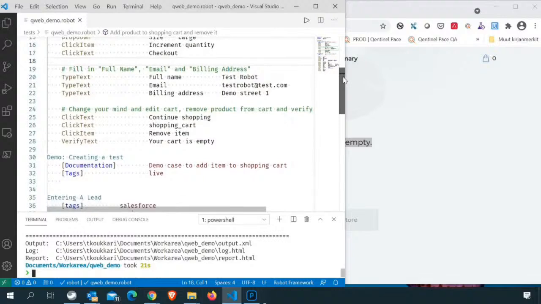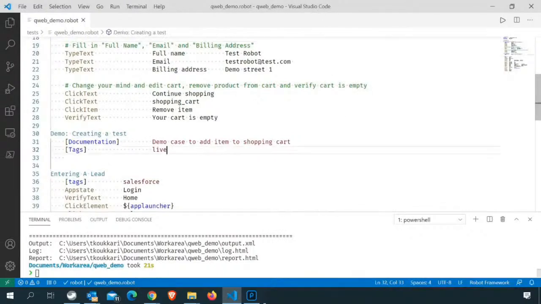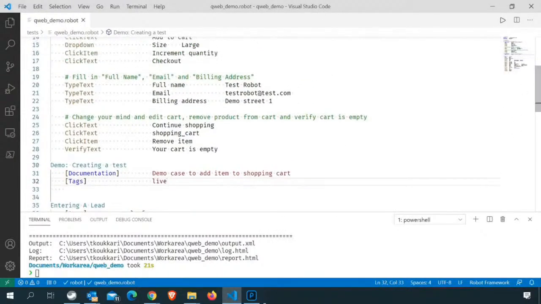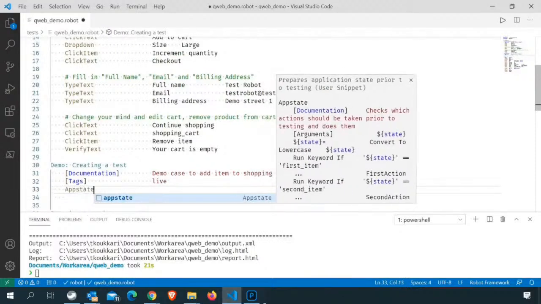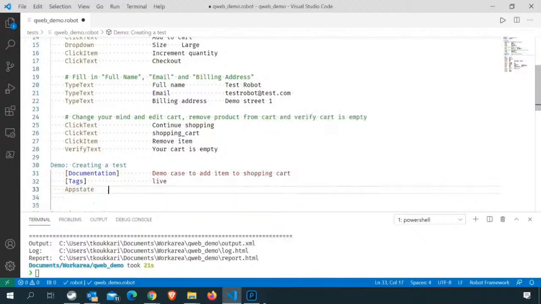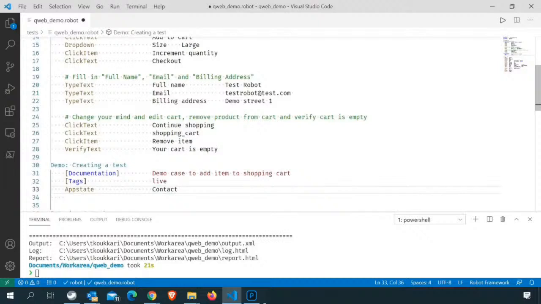Okay, let's create a completely new test case to demonstrate how the test case development process works. So this time I will be making my editor view a little bit bigger. And then we will again start with app state. So I actually made a pre-made app state for this. We will be using the same web application, but we will go to a different view. We'll go to the